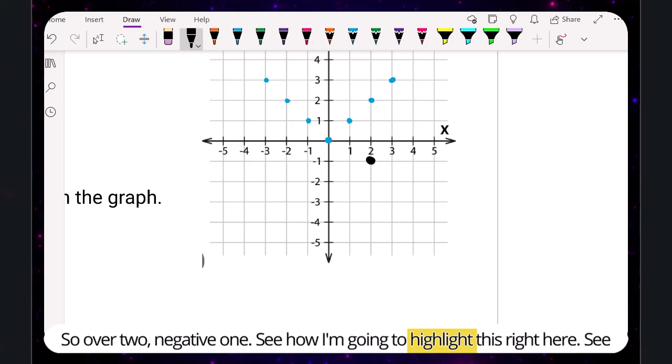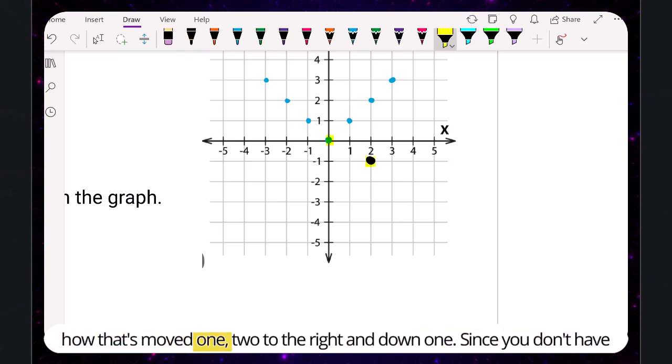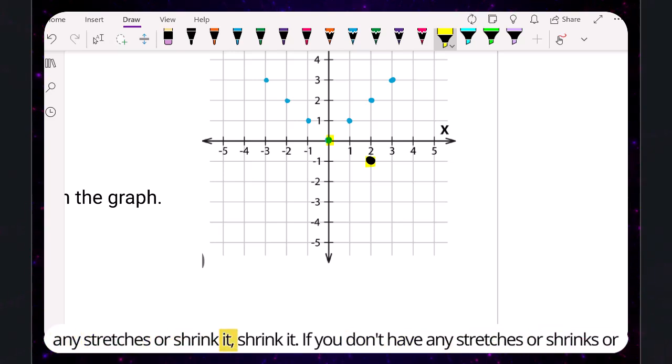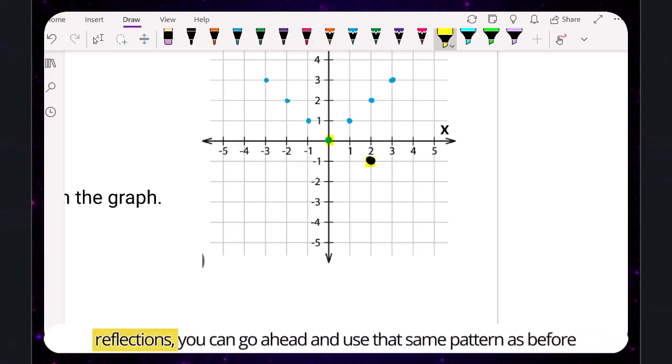See how, I'm going to highlight this right here. See how that's moved 1, 2 to the right and down 1. Since you don't have any stretches or shrinks or reflections, you can go ahead and use that same pattern as before